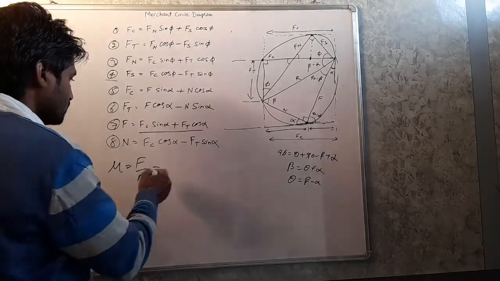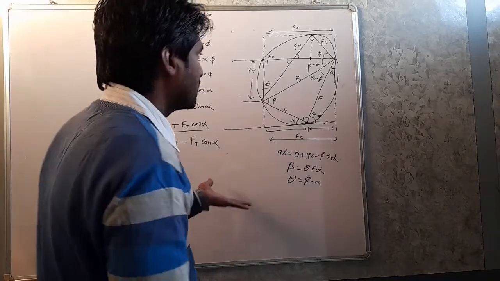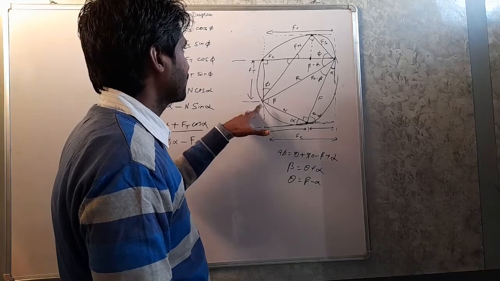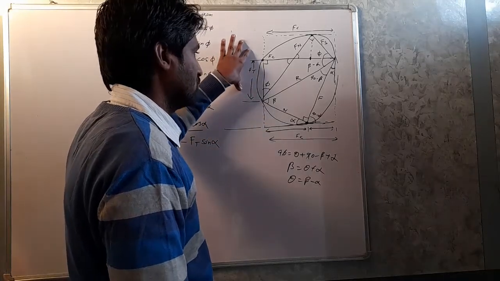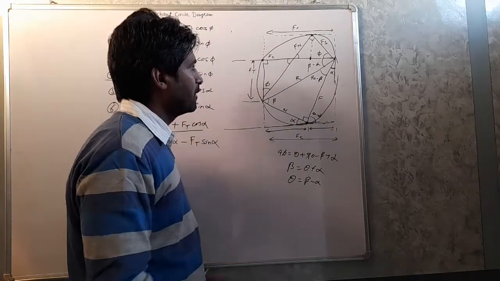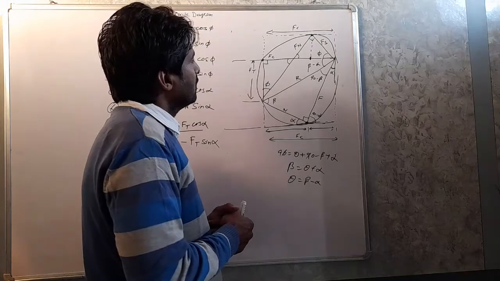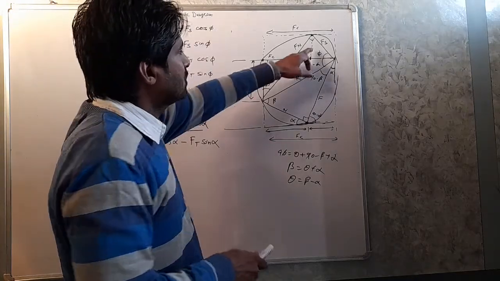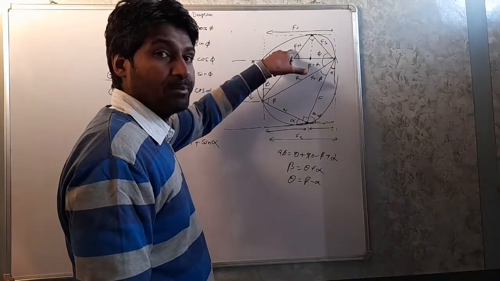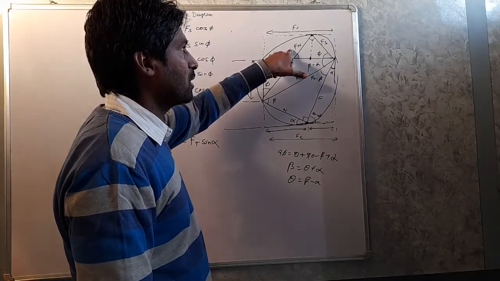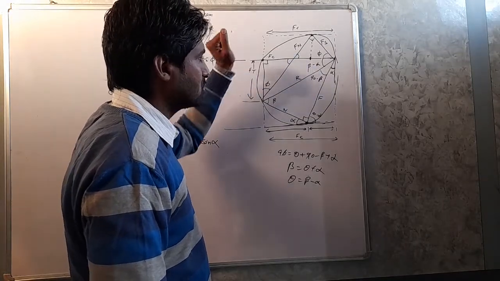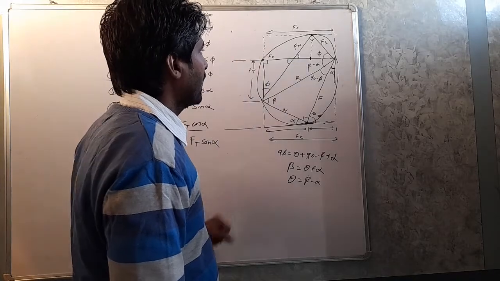Okay, so hence we can find the resultant R, the coefficient of friction, or all the forces involved in this Merchant circle diagram or cutting operation. One more thing: this is the shear force, and this Fn, normal to the shear force, is also called the backing up force. Remember this, because it is sometimes asked in competitive exams: what is the backing up force?